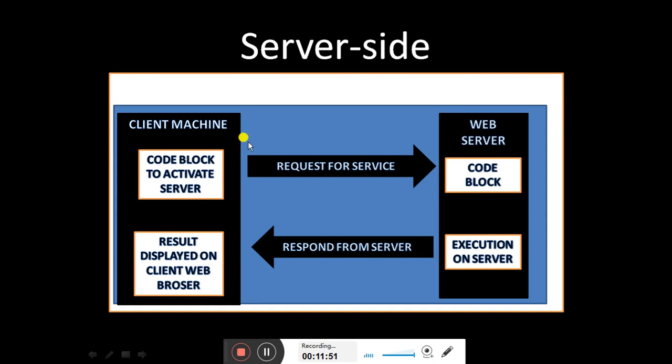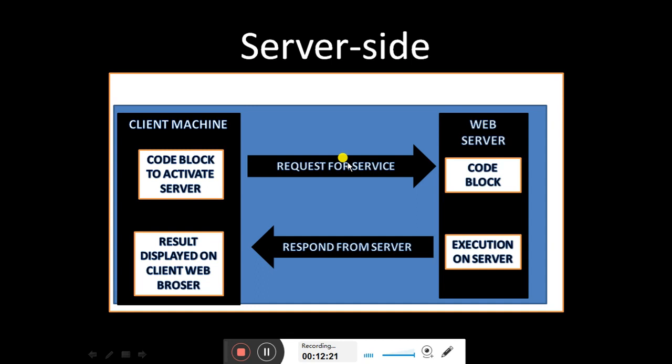This is server-side JavaScript, where there is a client machine and a web server. There are two systems. The code block resides on the web server, and we are writing the code to activate it.